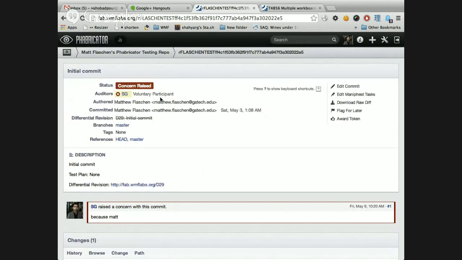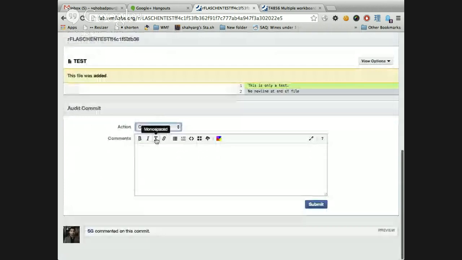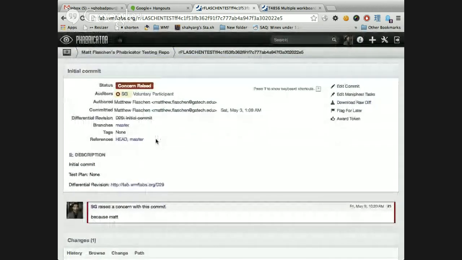So you can actually automatically audit code after it's been committed. You might not necessarily say, "Please let me be on any differential anytime this happens." But you could say, look, any code that ever goes in that's JavaScript, automatically audit it and let me know. So it's not that it's going to say concern raised. What's going to happen is that as soon as that commit gets merged, you will automatically